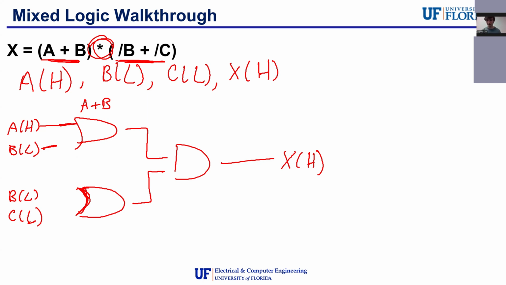No, it's chill. Okay. So, where Daphne was going, an easy way to think about this first equation, A or B, is we'll just go down the line. So we have A active high, we have B active low. Let's add an inverter. You all learned in class that you can either use just an inverter like this, or you can write an inverter